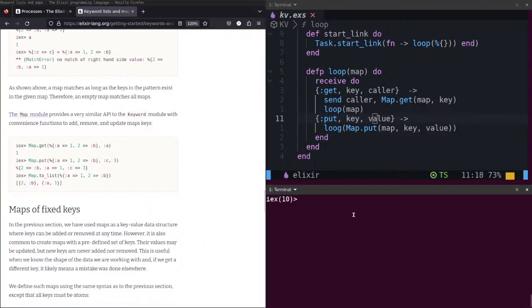Okay, understood. Map.get takes a map a that holds 20 and 20 that holds